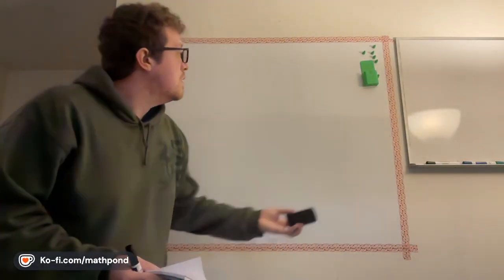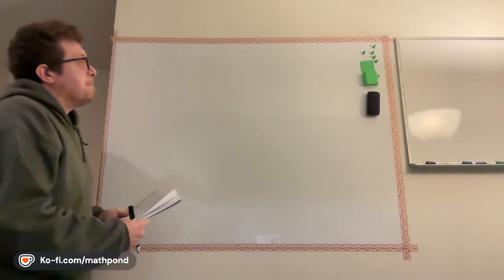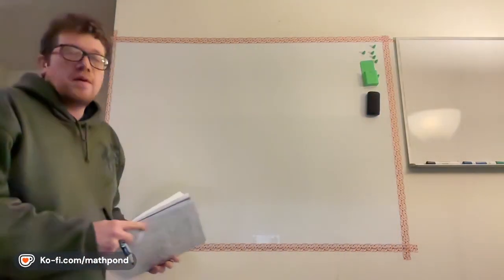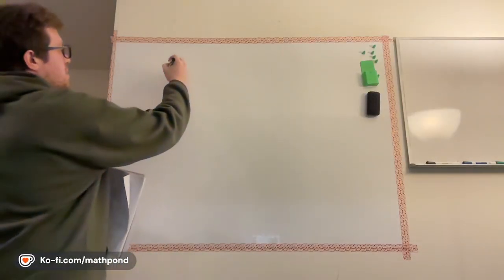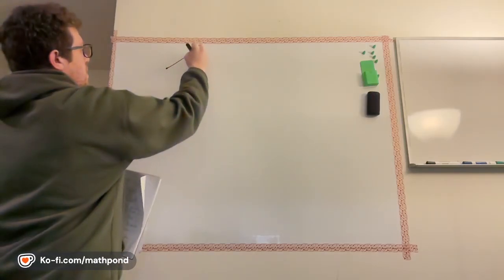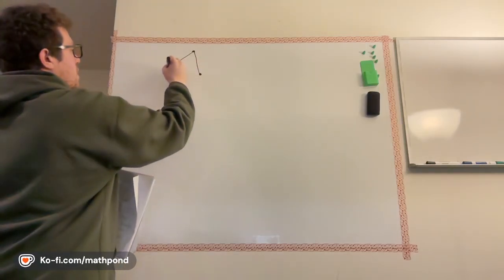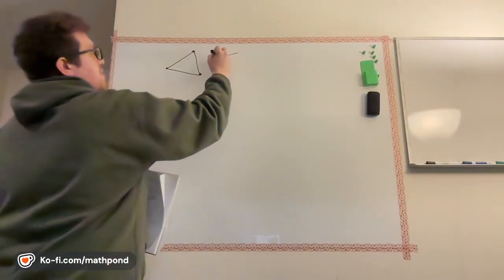Right, so for configuration spaces, let me start with really small spaces. Let's say we have 3 points. Let's say this is our graph G,